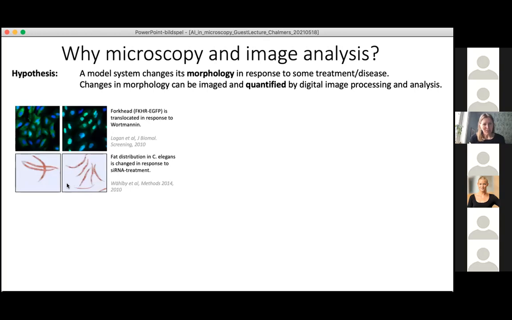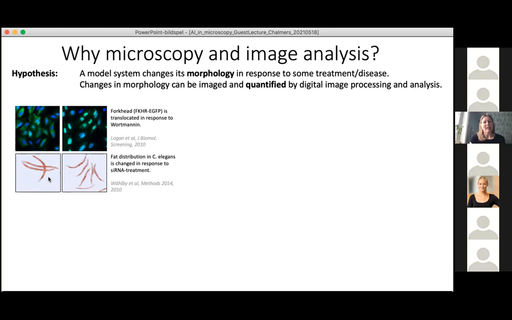This is something that I spent a lot of my time on when I was working in the US. It's a little worm that is about 1 millimeter long. It's called C. elegans. And we use it to study fat metabolism. If you can see the red stuff here, that's the fat. And in this case, the fat is all over the place, while here it's located to small patches within the